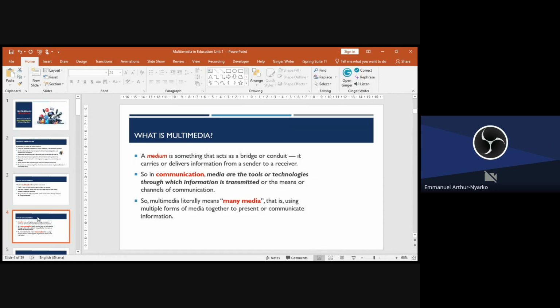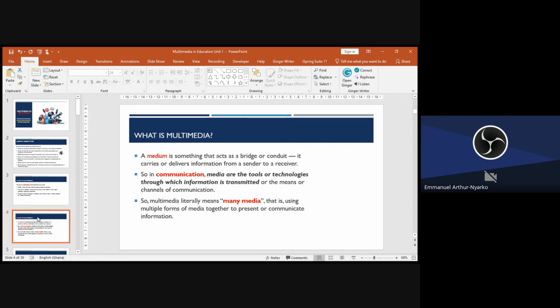It also acts as a conduit. Communication media are the tools or technologies through which information is transmitted, or the means or the channel of communication.